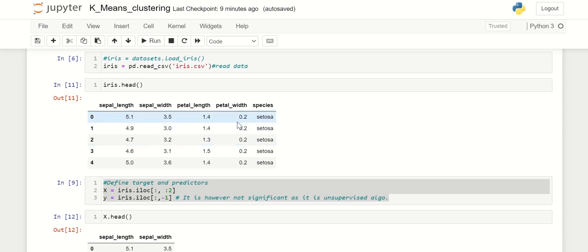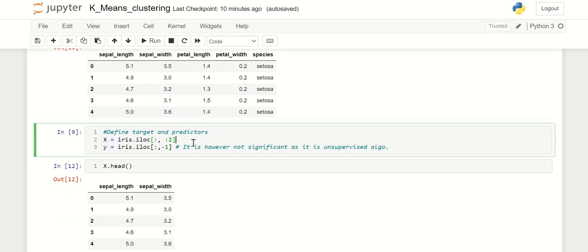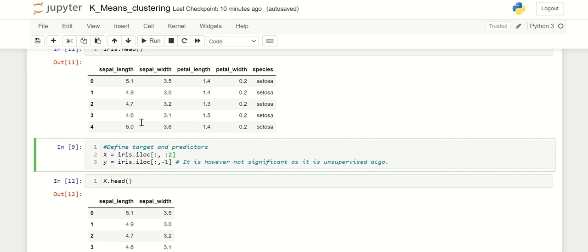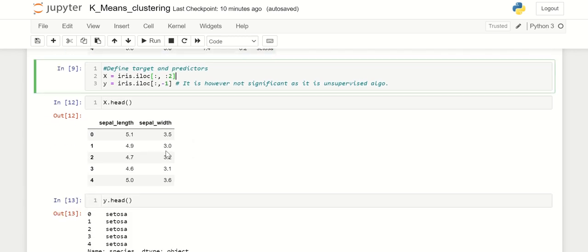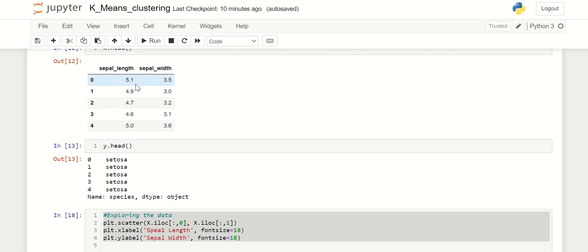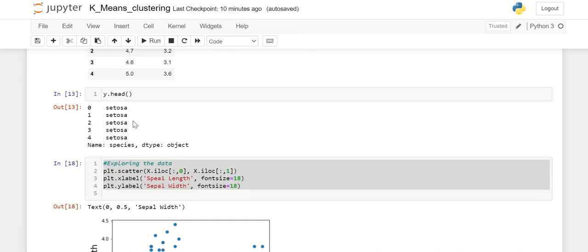So there are four variables and the fifth one is our output. We can use the first four, that is sepal length, sepal width, petal length, and petal width, as our input, and the output will be the types of leaves that we can see in nature. First, we'll use only the first two variables, sepal length and sepal width, as our input, and the last column, species, as our output. This is what our input looks like, and this is our output.